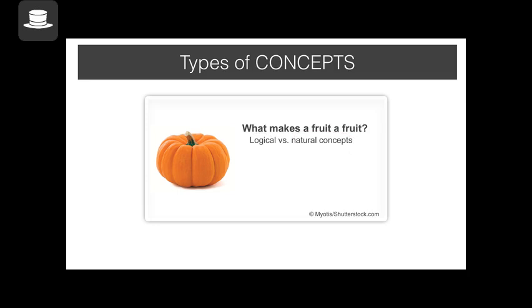Well, think about it. You can pause the video and have an answer in your mind and then resume the video. Did you say vegetable? Well, is it a vegetable? Technically, logically speaking, it is an inflorescence. An inflorescence is a collection of flowers. In that sense, it's closer to a flower than to a vegetable. So there are two types of concepts, logical and natural, and we'll talk about each one of these here.